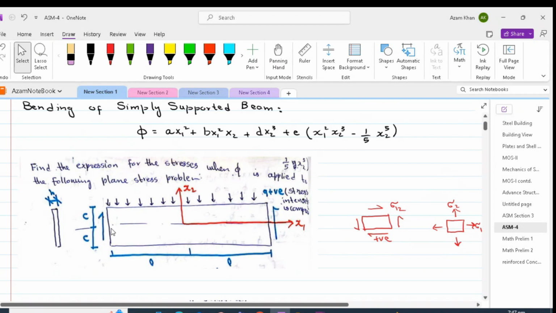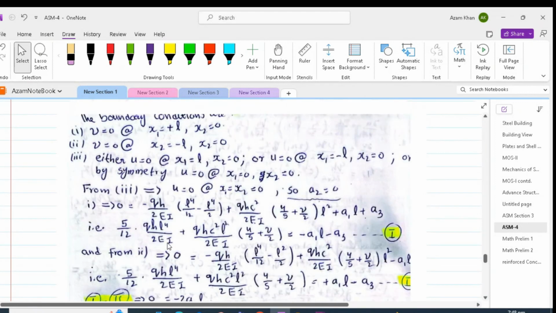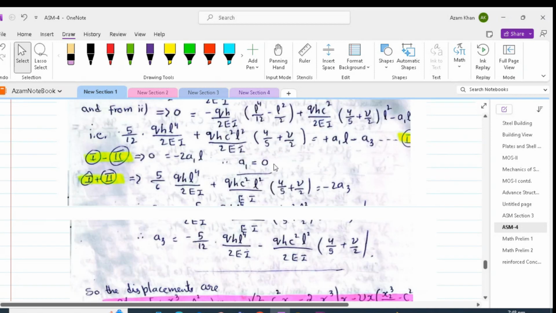Similarly, at the support, there is no horizontal displacement of the neutral axis on the left-hand side. In other words, the neutral axis will stay the same. It won't stretch or squish at the support. In the same manner, we can also say that due to symmetry, we can have the displacement u equal to 0 at the origin. So plugging these conditions in our displacement equations, we get our constant a1 equal to 0